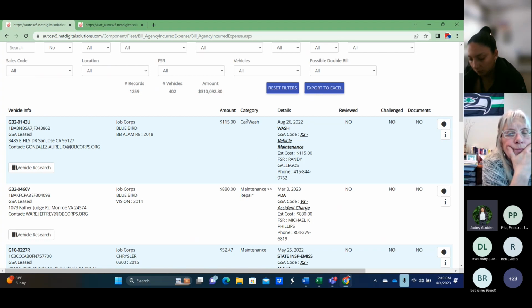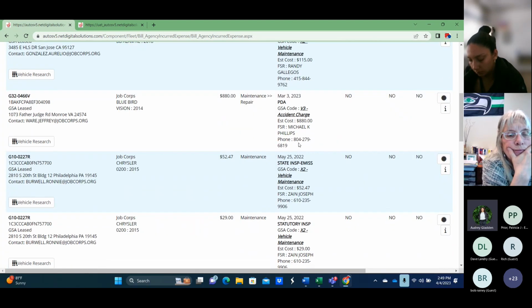For instance, most wet leases have a car wash if it's once per month. So you might be able to contact your FSR or your fleet manager and get more information about why this was actually charged. Sometimes they accidentally bill for the same thing twice, and we've caught that in the past before, and that could actually end up saving